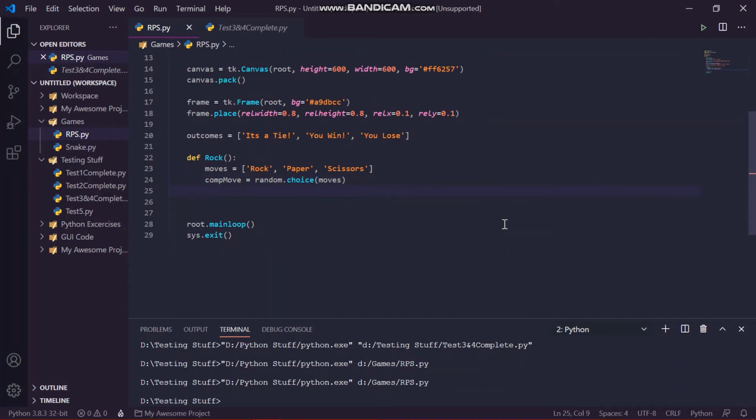Now, instead of typing out this entire piece of code again and again for paper and scissors, another thing we can do is copy and paste it, and that's much more efficient if you ask me. So let's do if comp move is equal to rock, print